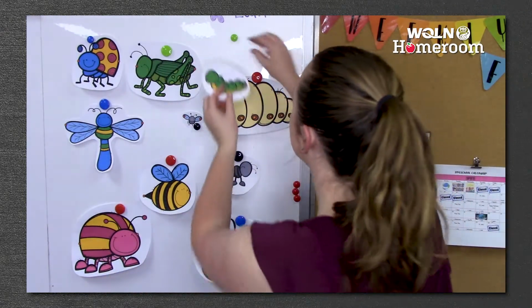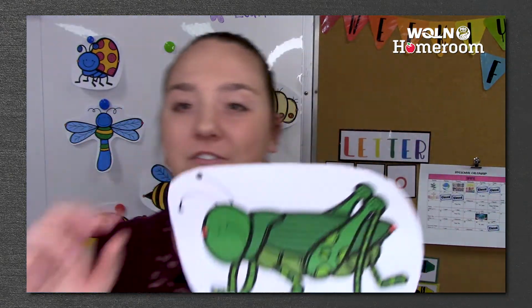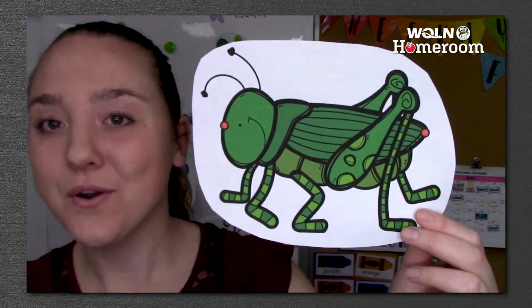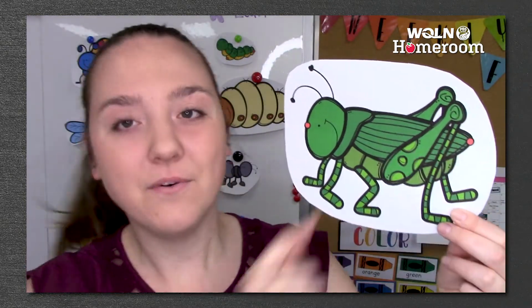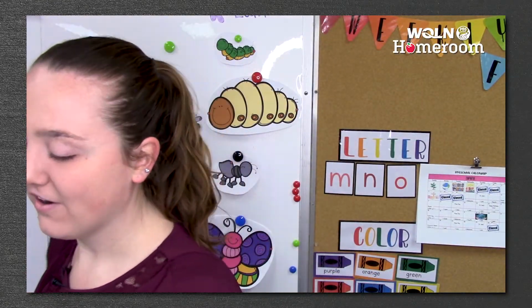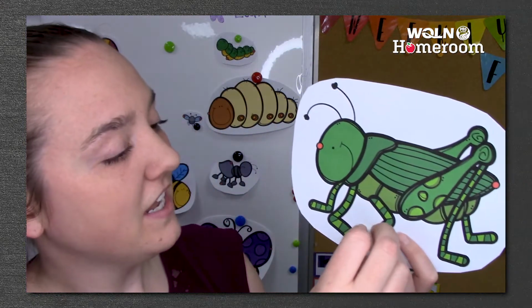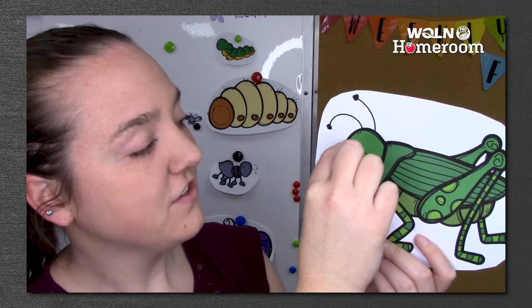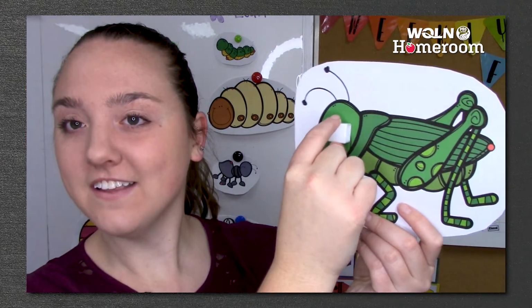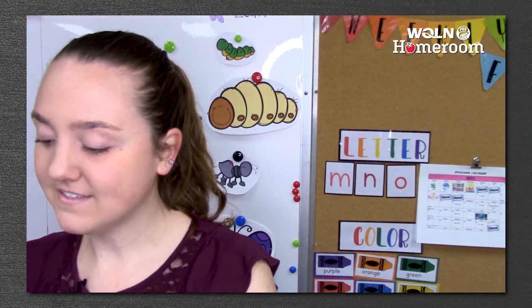Great work. All right, and now we're gonna pick a different insect. So we are going to pick our grasshopper. So our grasshopper has 2 red dots, one right here and one over here, and we're gonna do the same thing. So we're gonna start with our first cube and we're gonna put it right next to the first red dot, and we're gonna see if it connects to the other red dot. Does it connect to the other red dot? No. Alrighty. So now we're gonna get a second cube